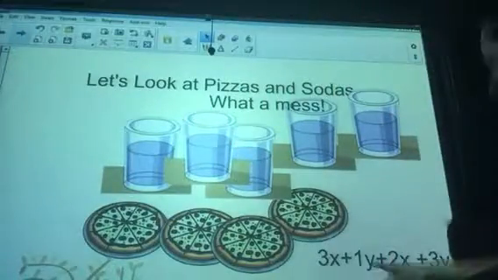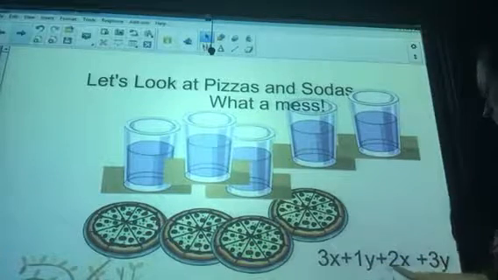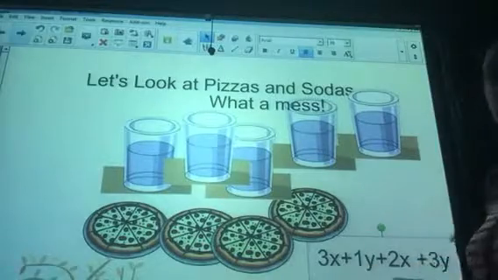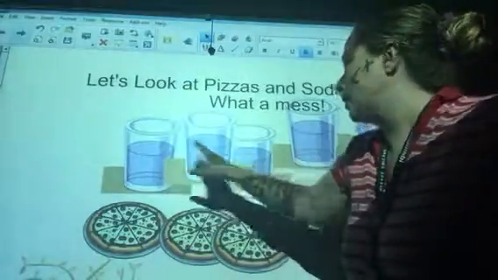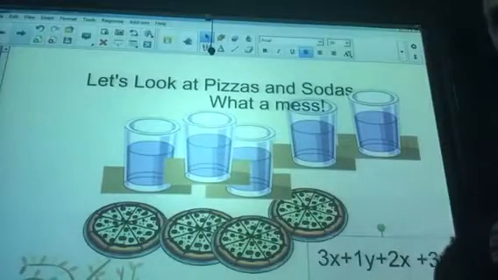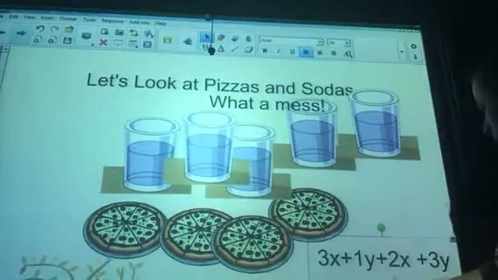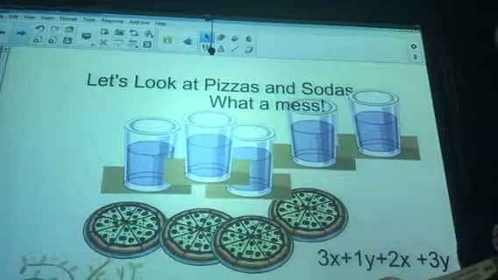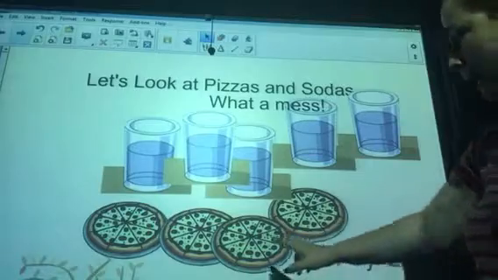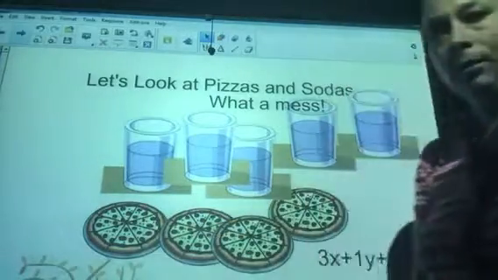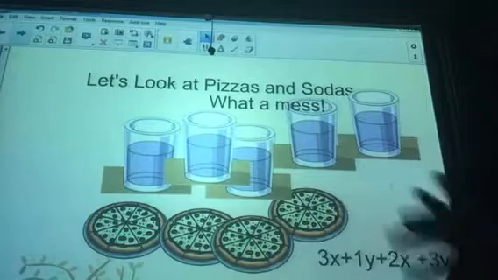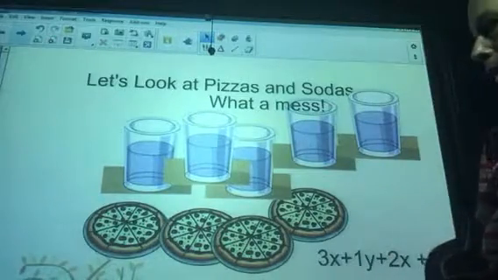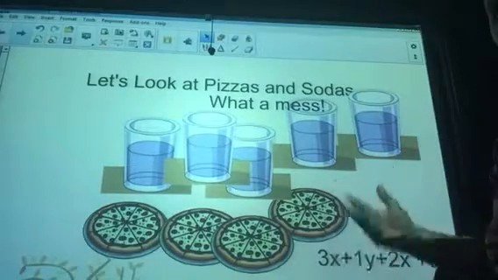So now, if you take your x's and add them together, 3x plus 2x is 5x. 3 plus 2 is 5, and you just keep the x. So we have 1x, 2x, 3x, 4x, 5x. Same thing here with the y's. We have 1y and 3y's, which 1 plus 3 is 4, and you just keep the y. 1y, 2y, 3y, 4y's. And that's how it works. If you have something that's all over the place, you can combine like things and keep them together. And then it's a lot easier to order and or add.